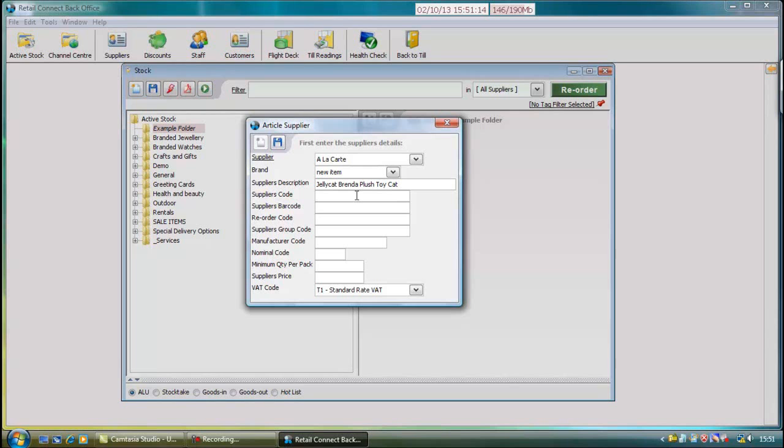Supplier's code. This will be the supplier's code normally found in catalogues and delivery notes. Very useful if you are reordering items. Example, RNC 1, 2, 3, 4, 5, 6. Supplier's barcode. Scan or type the barcode into the field labelled. Example,